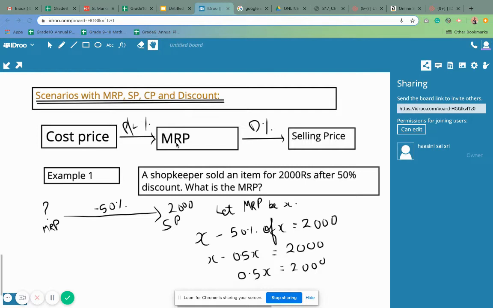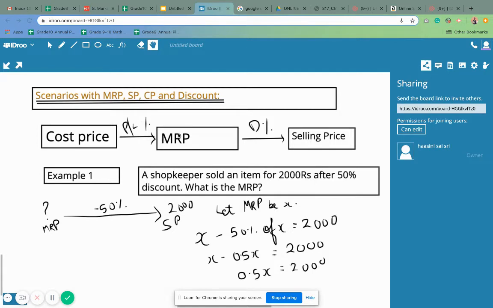The shopkeepers don't have the option to make as much profit as they want, because the government fixes a certain MRP, called the maximum retail price, so that the shopkeeper doesn't sell goods at very high prices and the customer benefits from it, right? So the MRP is set by the government. If any shopkeeper is selling any item over the MRP, then it is illegal. He tries to make some profit and he can increase it only up to the MRP, the maximum retail price.